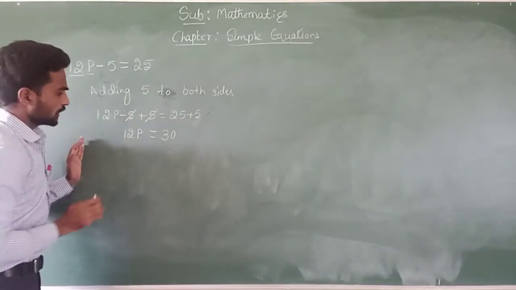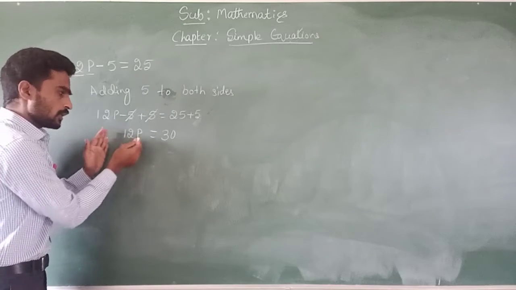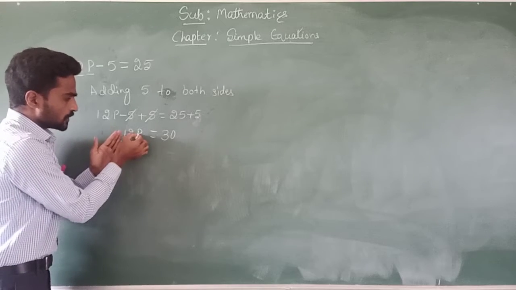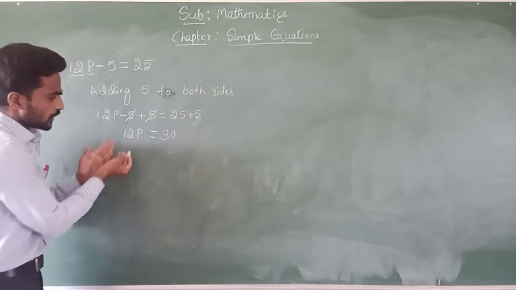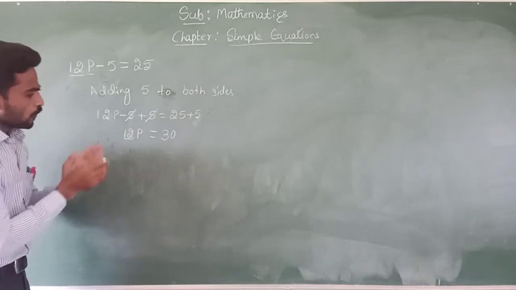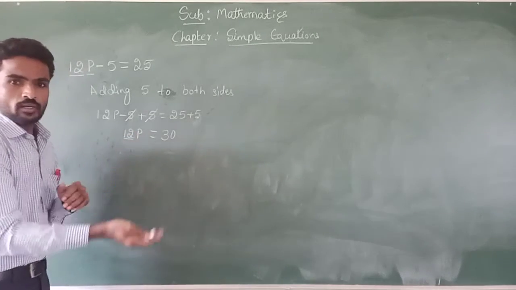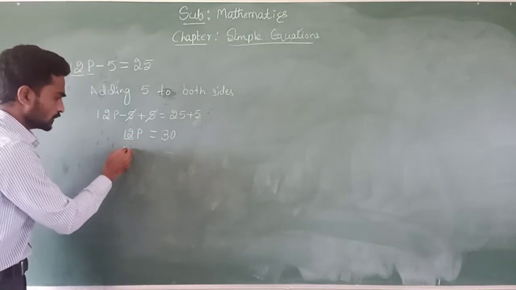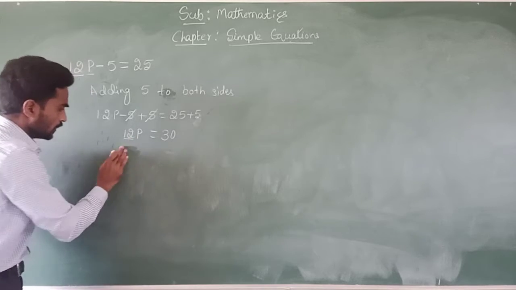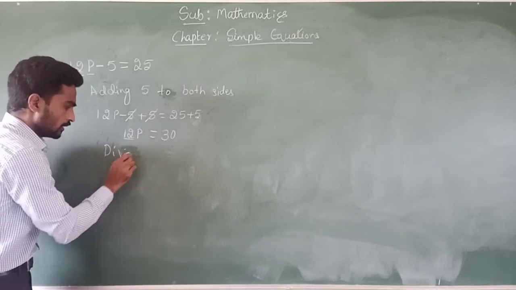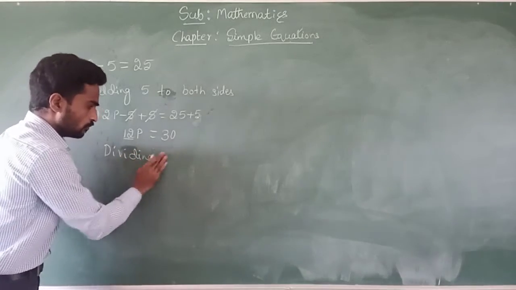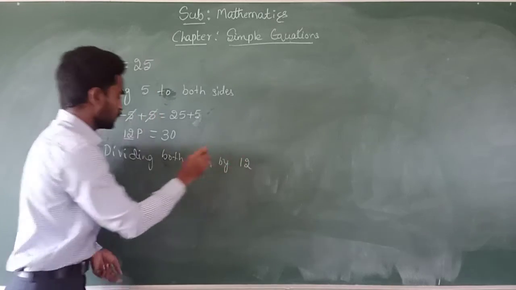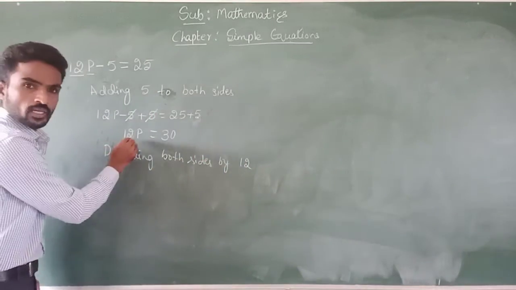Now one step is completed. Next, go on to the next step. Here p is multiplied by 12. 12 is the coefficient of the term p. So to cancel this 12, since multiplication is there, we divide by 12 on both sides. Dividing both sides by 12, we get